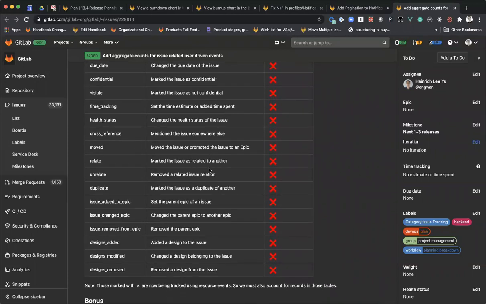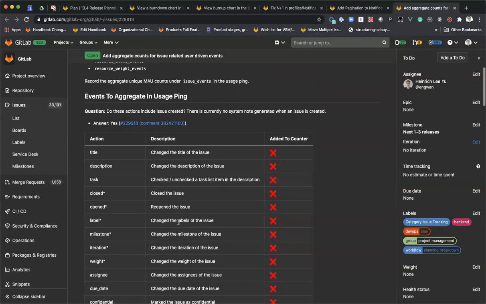But this is the same problem that we're going to face whenever we want to look at eventually being able to collect total unique users, or MAU, across all stages and interactions. You basically have to start with events like these, union up another level, then union up another level till you get to the stage level events. So it'll be a fun challenge to solve, and I'm hoping we'll start to make some good progress on this